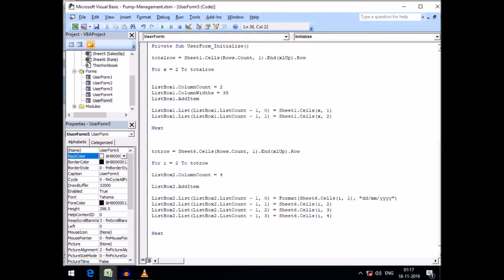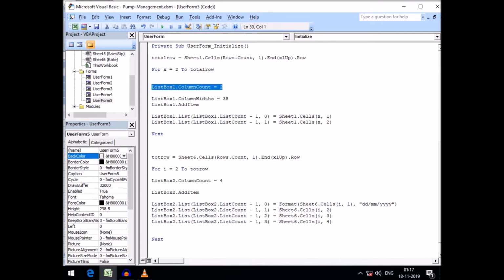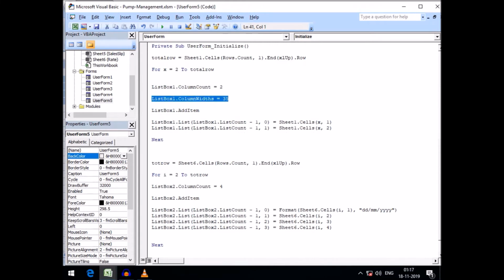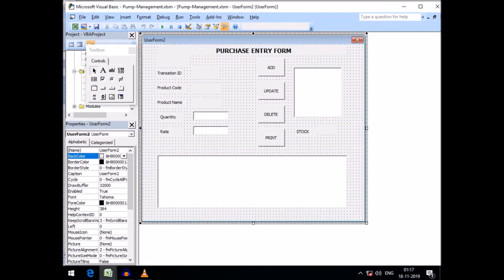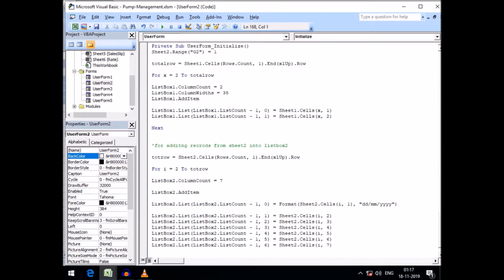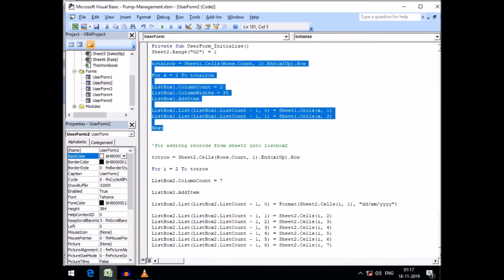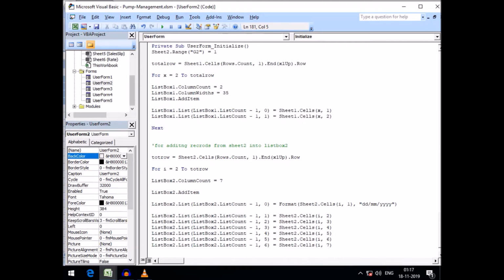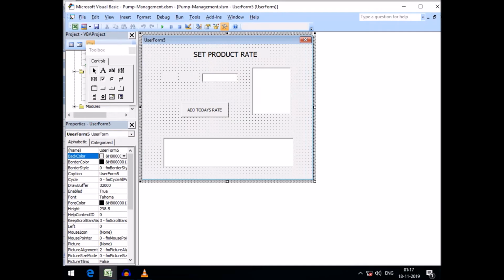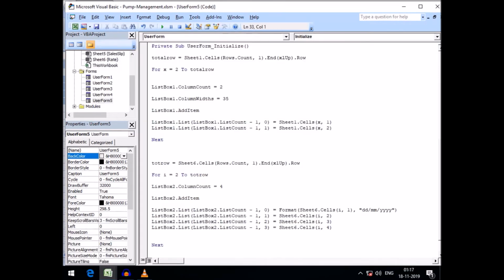And now friends, I want the list boxes, one for product ID and another for product name, with a column width of 35, so that has been copied from our user form 2. Here you can see this portion has been copied. If you are new to our channel, please see the steps already made for this project. So friends, coming back to